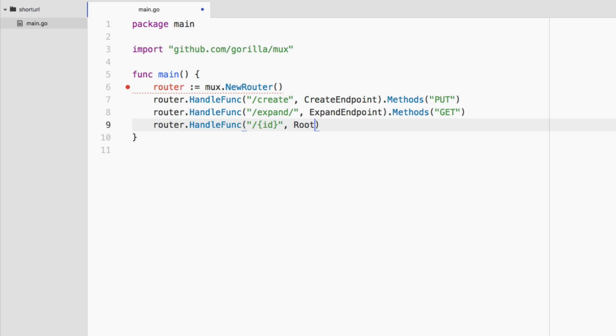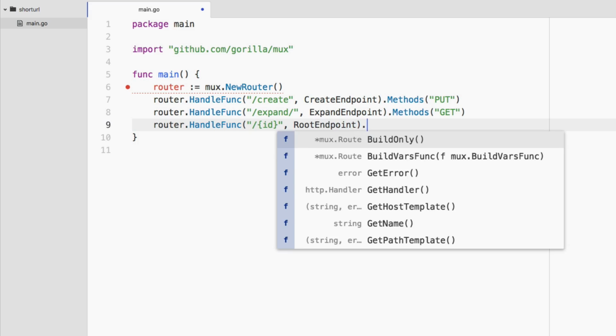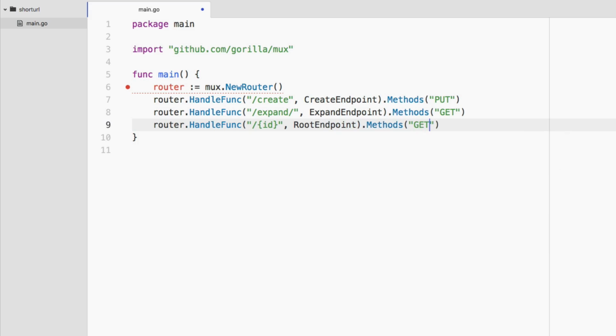But this is going to be called the root endpoint. And I'm just making up names here as far as these endpoint methods. But this is going to say methods get. So the point here is, for ID for this root path endpoint, we're going to be hosting the API and our, like, we can call it tinyURL or URL shortener project on the same host, on the same port as well. So while we can hit the endpoint /create to create these short URLs, these URLs are going to have a hash created for them. So if we just append that hash to the root path,